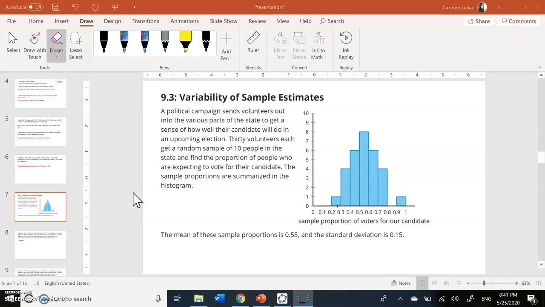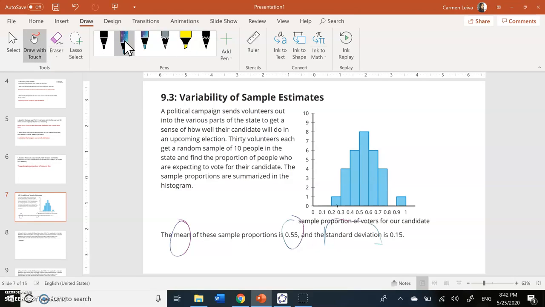The sample proportions are summarized in the histogram, and they give it to you. Then it says the mean of the sample proportion is 0.55 and the standard deviation is 0.15. This information is important, so I'm going to circle that. The mean right here is 0.55 and the standard deviation is 0.15. Another important thing is these 30 volunteers, and as you can see here clearly, you're able to see a normal